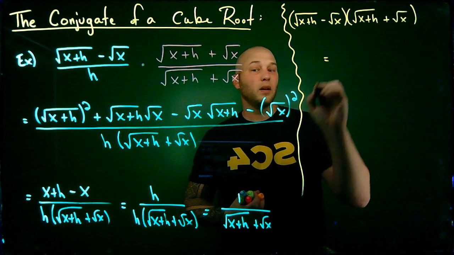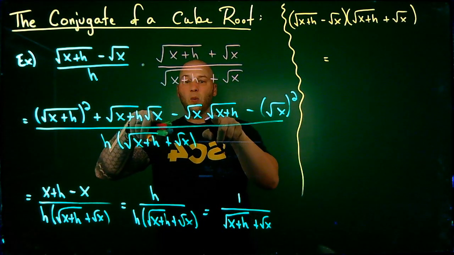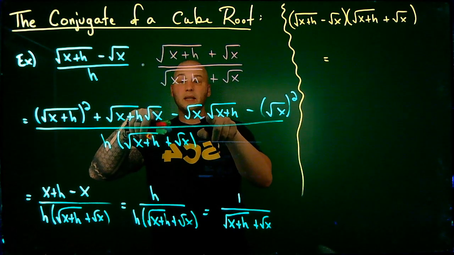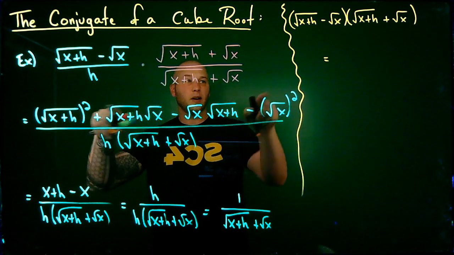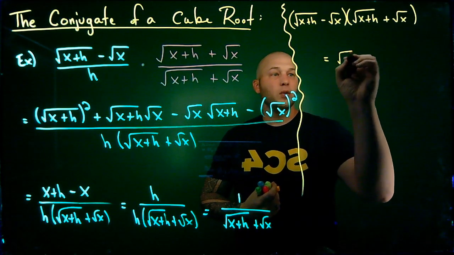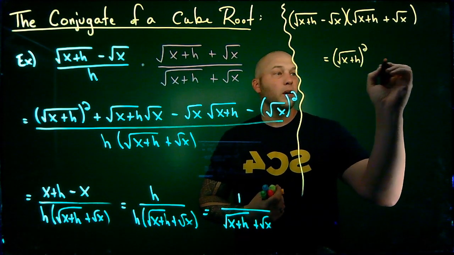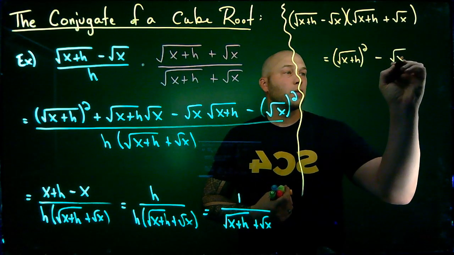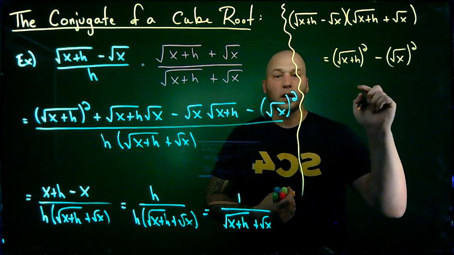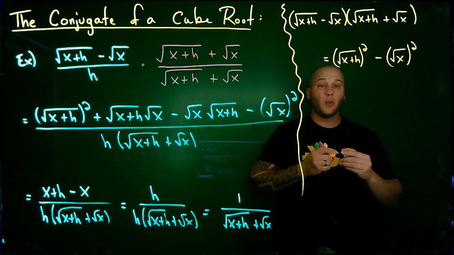And what did we end up with? Well, notice that these two middle terms canceled, but what didn't cancel was the very first term and the very last term. And I want to write this the following way. This was the square root of x plus h squared minus the square root of x quantity squared. Yes, those reduce. Yes, they then combine to get just the h,